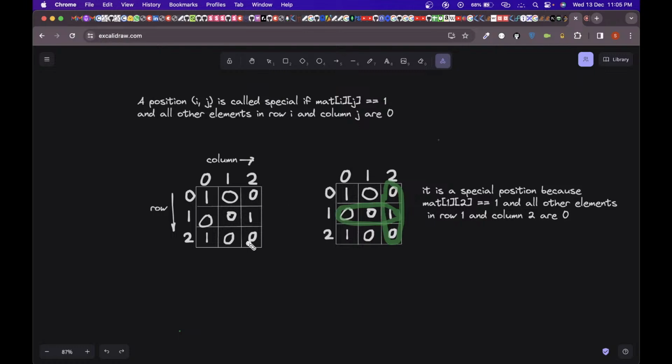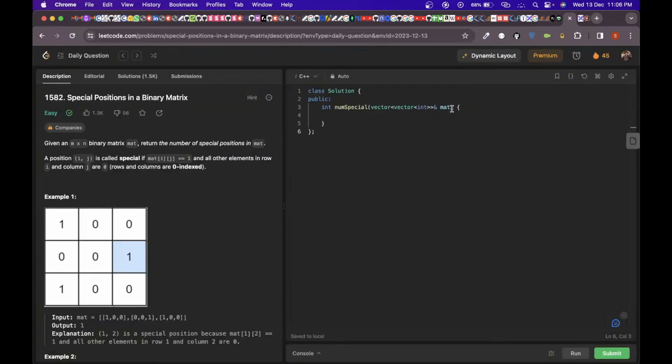For example, in this matrix there is only one such position, which is this one, 1 comma 2, where all the elements in the row are 0 and all the elements in the column are 0 except the i comma j element, and that is equal to 1. So how we can proceed with this problem is, first of all, we can just store the size of our rows and columns,